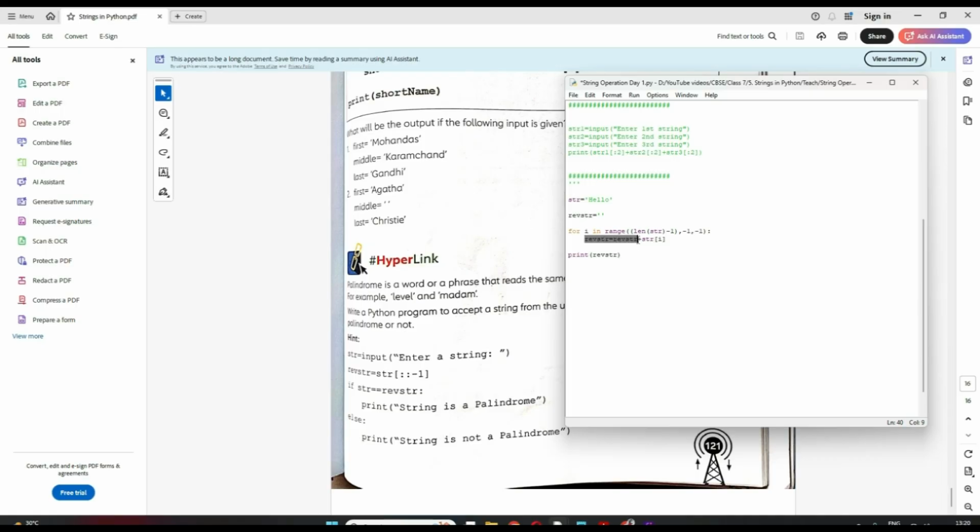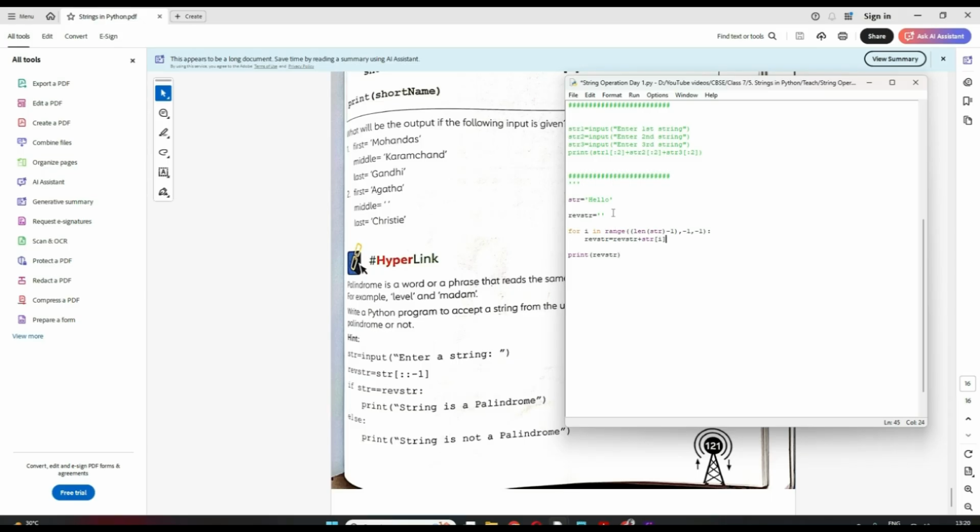So here I am just concatenating each character with this. Now see, here my I 4 will be O, right. So I am just adding this O to this blank. Okay, now again I am going up. Now my index becomes 3. So now str3 will be L. So this L will be added to this O, because reverse has become O now. So it will be OL.